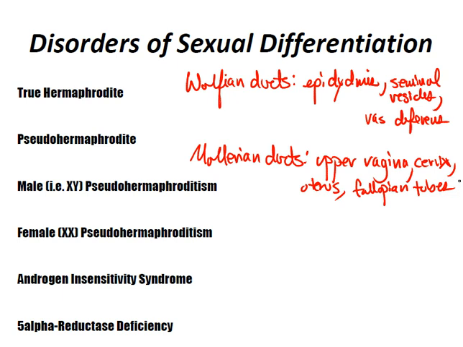So that is the difference with the ductal sex. You have Wolffian or mesonephric ducts, which become the epididymis, the seminal vesicles, and the vas deferens. And you have the Müllerian or paramesonephric ducts, which become the upper vagina, the cervix, the uterus, and the fallopian tubes. And then in sexual differentiation, number 4, you have the phenotypic sex, which is the genital sex or